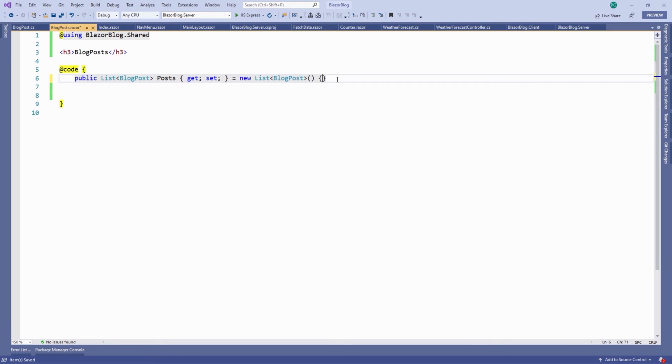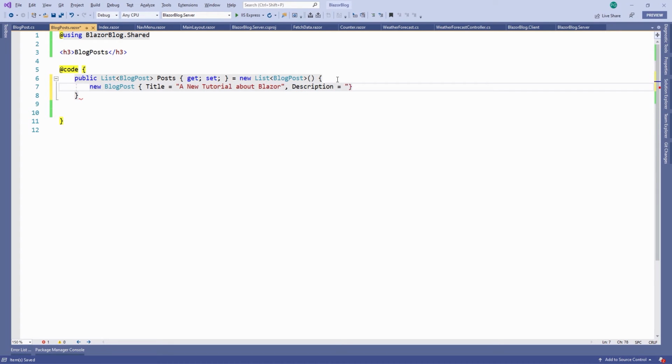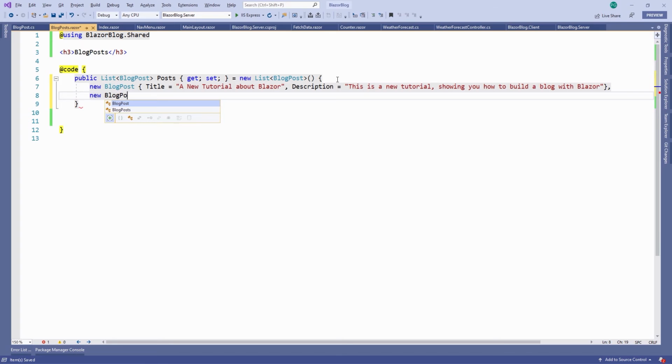And maybe we add some already. So we have a new blog post. I don't care about the ID, so title, a new tutorial about Blazor, and a description. This is a new tutorial showing you how to build a blog with Blazor. Okay, description, that's it. And then again another post, so we have two blog posts,